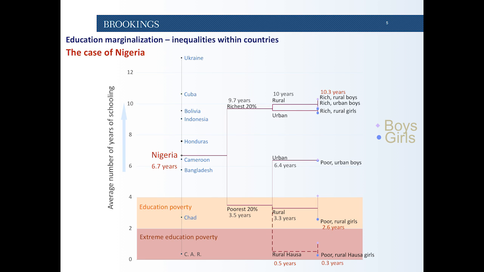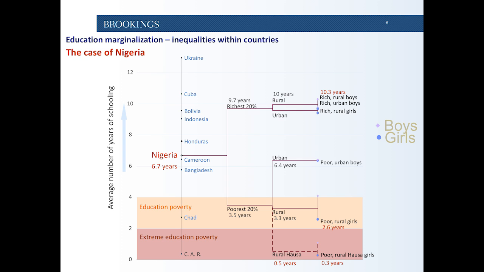So here I just want to walk you through what this chart looks like. Nigeria, average years of schooling, you can see on the far left, is almost 7 years for boys and girls. And it's not the rich kids, the top 20% socioeconomically of boys and girls, that are really far behind. They're actually doing pretty well, even if they live in urban or rural areas. So poverty is a huge determining factor. It's actually the poorest, this bottom band here in pink and yellow, the poorest 20% who live in rural areas,